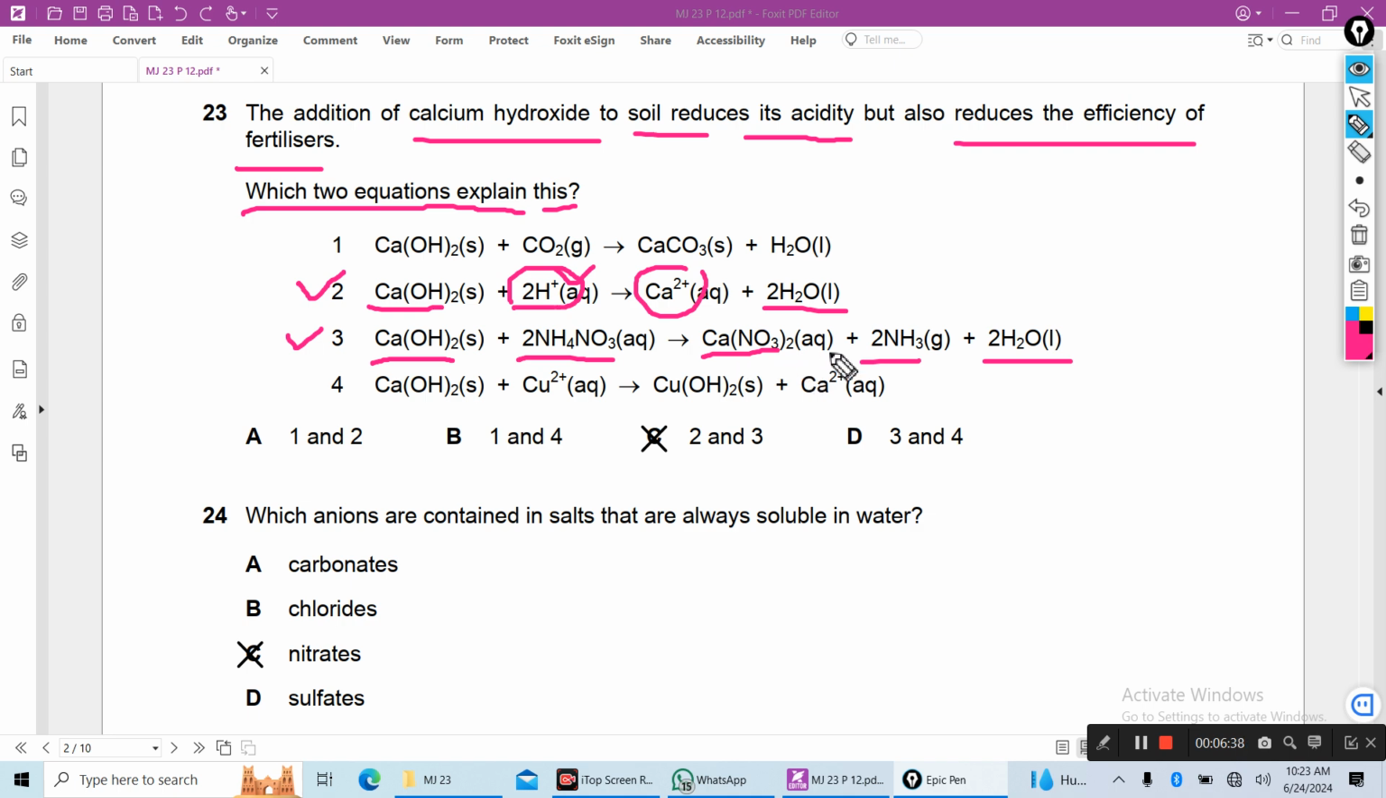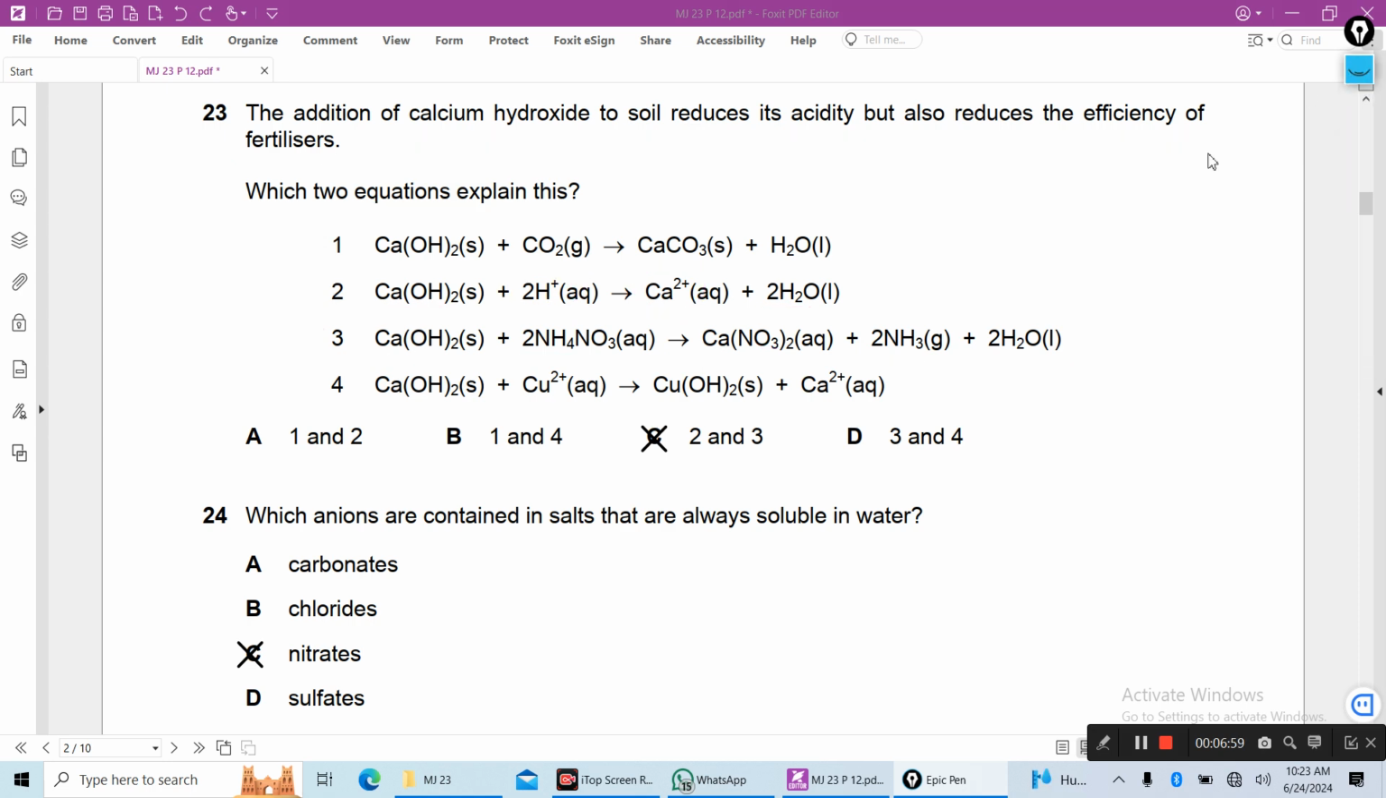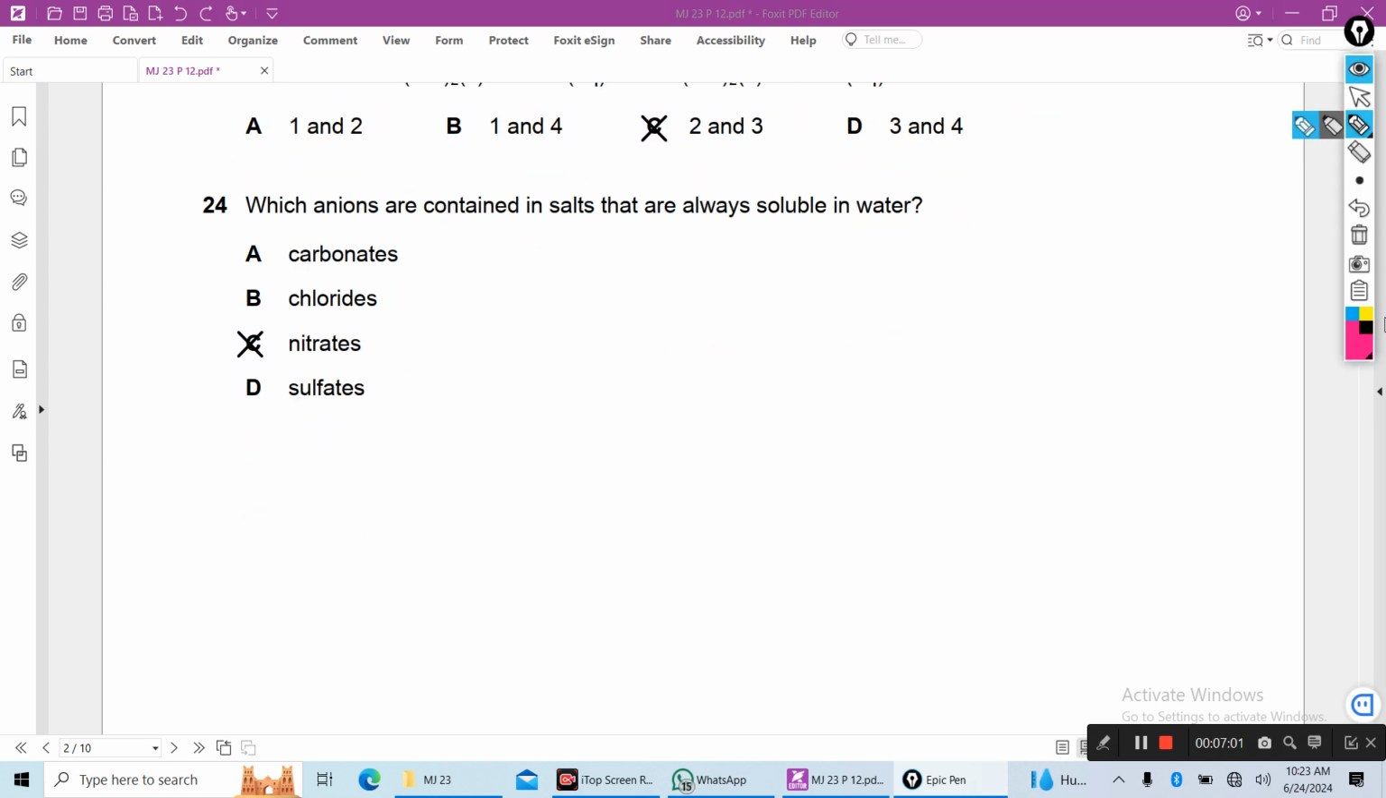So ammonia gas is produced, gas will escape. That's why fertilizer efficiency will decrease. Now next,